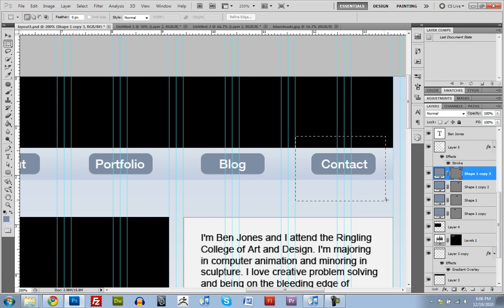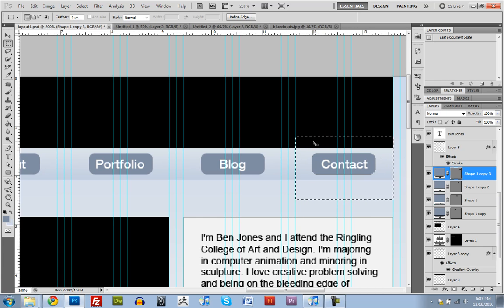So same process. When I duplicated these and dragged them over, I held down Shift. And by holding down Shift, I constrained it to only move in one axis, so it didn't move up or down. So I know it's vertically aligned, so all I have to really worry about is horizontal. So I'm not going to constrain or compress these selections to be only this, because they're already centered vertically, so I don't really need this box to be